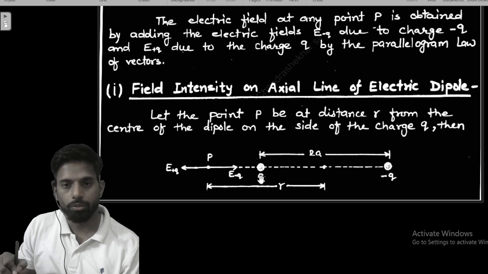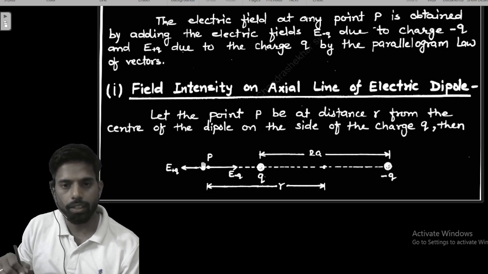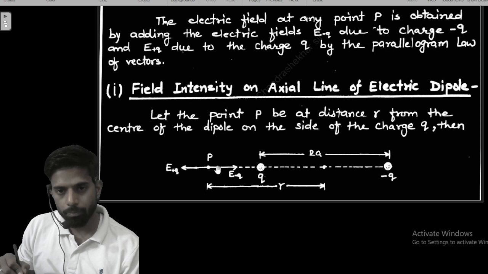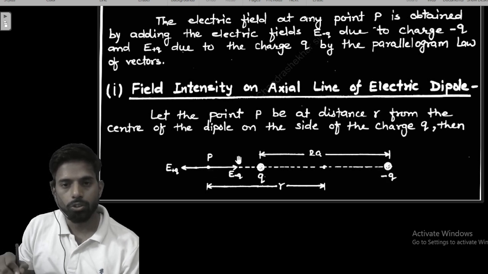For that we know that the positive charge will create an electric field that is directed outward. So this is the outward electric field, and this electric field is due to the positive charge. That's why it is called the electric field due to the positive charge. Similarly, the minus charge will also create an electric field at this point, so it will be directed toward it. So we can write here, E due to minus q. So plus q is acting in this direction and minus q in the opposite direction.